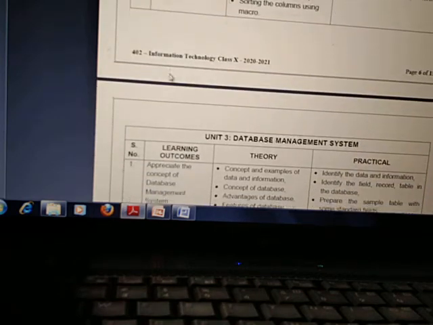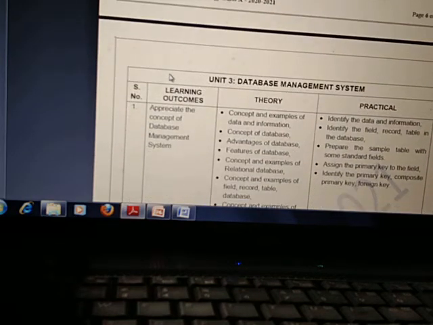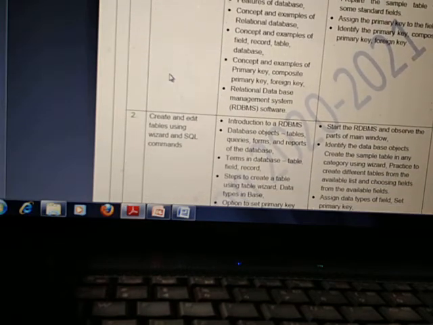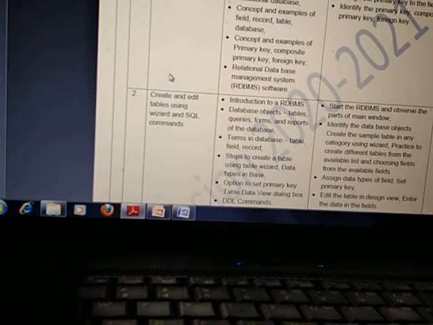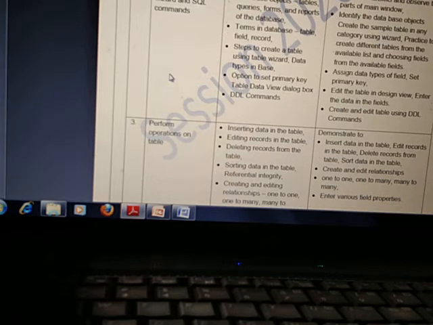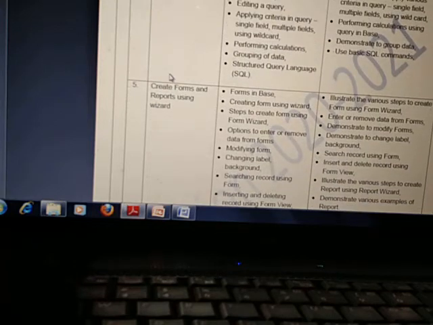Unit number 3 is your DBMS, and the first session is about DBMS concepts. Second is create and edit tables using wizard and SQL commands. Next is perform operations on tables. Next is retrieving data using query, and creating form and report using wizard, how we can create.